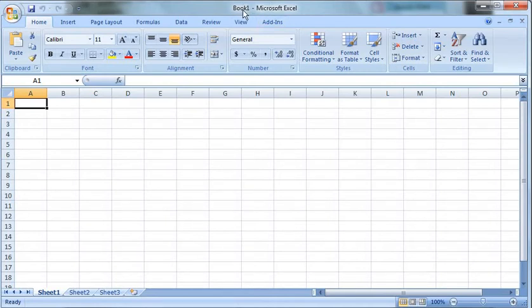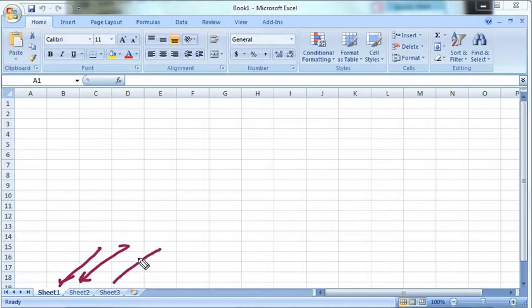What is the name of this workbook? Book 1. The file name is Book 1, which means the workbook name is Book 1. Under this, at this point, you can see Sheet 1, Sheet 2, and Sheet 3. So we have 3 sheets in our workbook. These are worksheets.